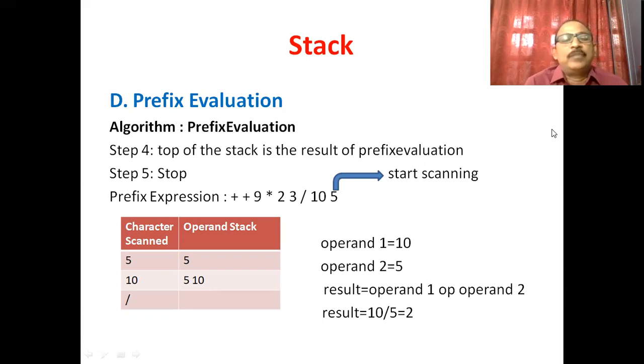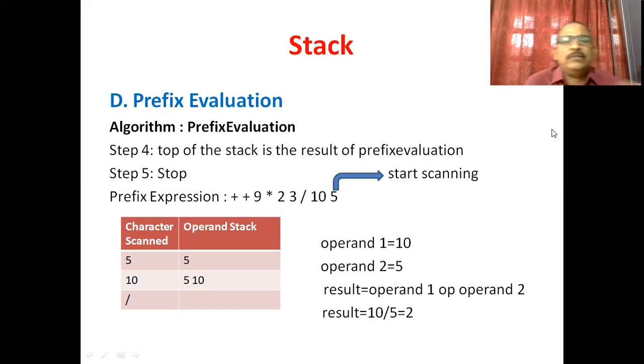Step 5, star. Let us consider a prefix expression plus plus 9 into 2 3 division operator 10 and 5. We start the scanning from the right hand side. First character is 5.